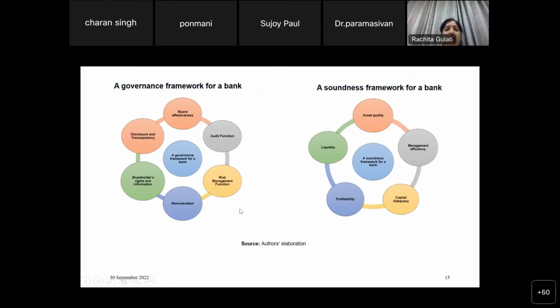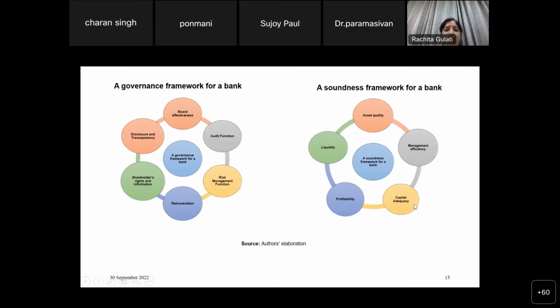In total, 48 governance indicators are first aggregated into the six dimensional indexes, and then aggregated into a composite index of bank governance. A soundness framework is based on the five-dimensional framework covering asset quality, management efficiency, capital adequacy, profitability,